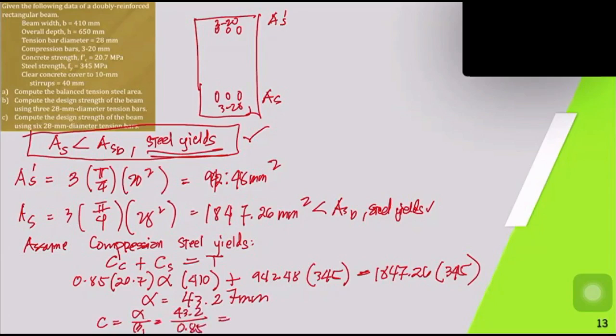Then c is 50.991. Then you can also compute your fs prime for the compression: 600 times c minus d prime over c, which is 600 times 50.991 minus d prime, where d prime is 40 plus 10 plus 10, so 60, over 50.991. So fs prime is